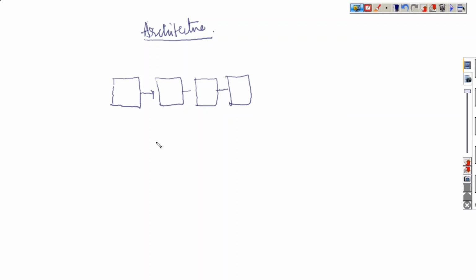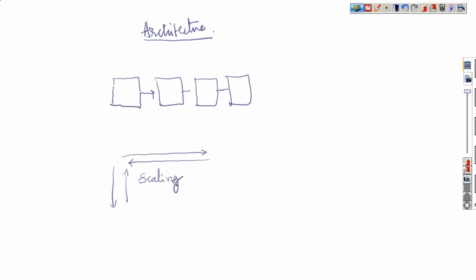So here, in between these two, what are we trying to do? Actually, we are trying to increase the memory, the storage capacity. If we're trying to increase or decrease something, we have a particular term for it. What is that? Increasing something or decreasing something. We have a term